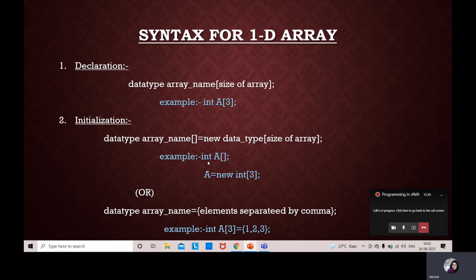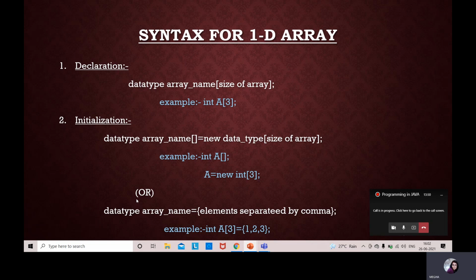For example, first we declare int a[], and after that we take a = new int[3], which is initialization. This means 3 variables of data type int are stored under array a.